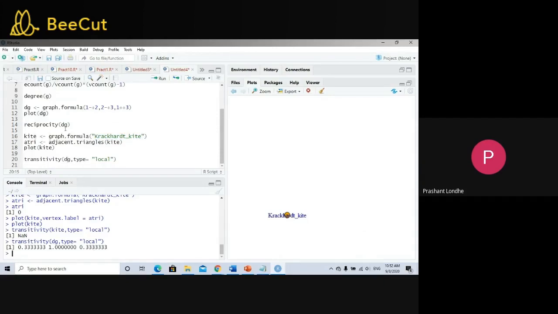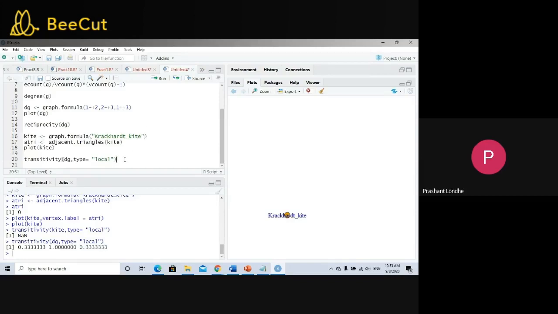If it is not coming as an answer, you're supposed to ask your examiner whether it is installed or not, and with his or her permission, you can shift to another graph, like what I have done now. I have shifted to DG instead of working with the kite. So the transitivity function is working, and we are getting transitivity like this. Now just see here, 1 is connected with 2 and 2 is connected with 3. Therefore, the transitivity between 1 and 3 is equal to 1, and the rest is 0. This is a straightforward formula that we are supposed to work with.